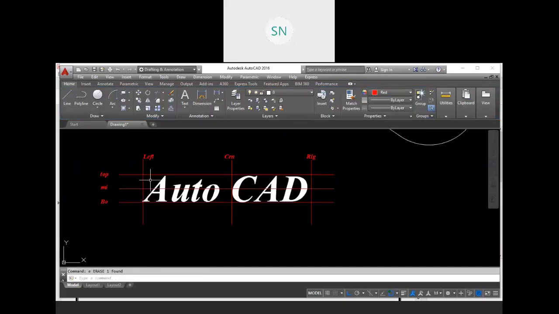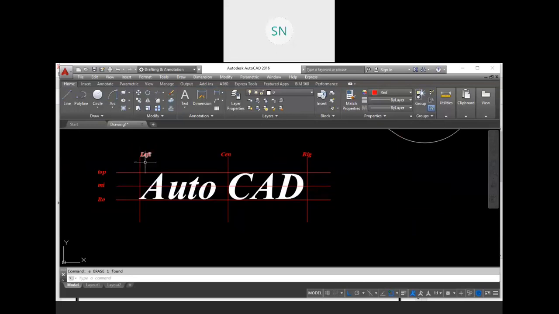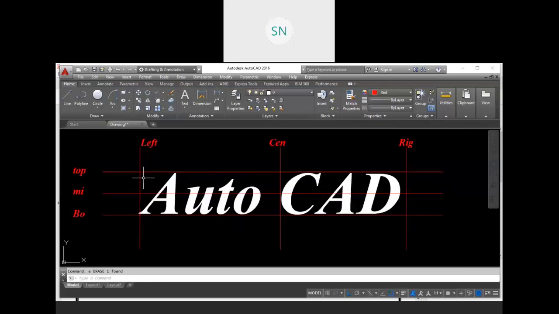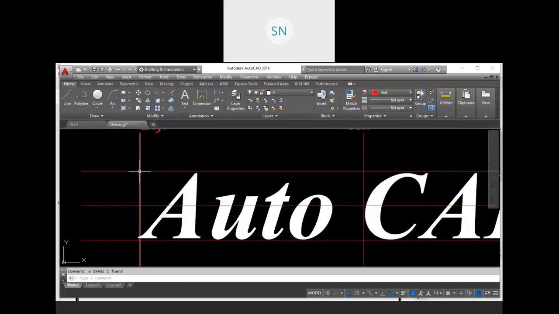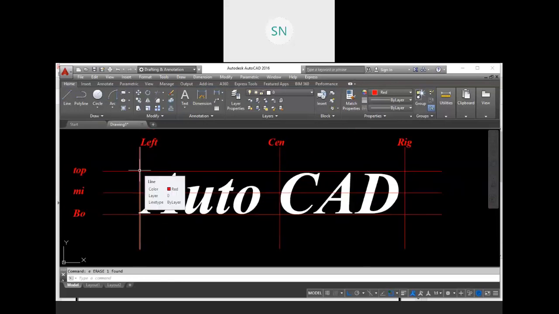Whenever we say I want a text with top left justification, right? So our text will be below that point. Focus only on this point. This is our top left point, and this is our preview of text. So our text is below this point and on the right side from this point, right? So that is our top left justification.